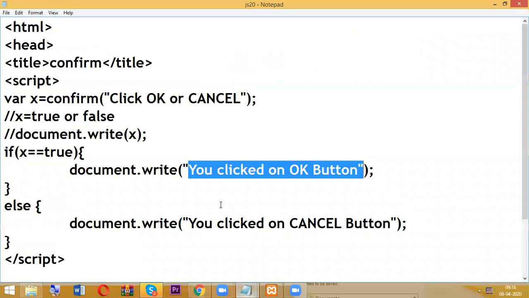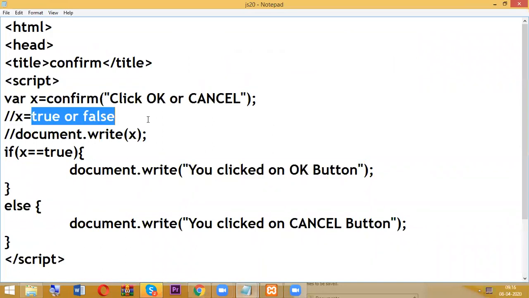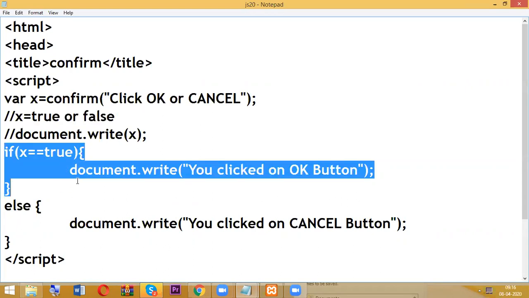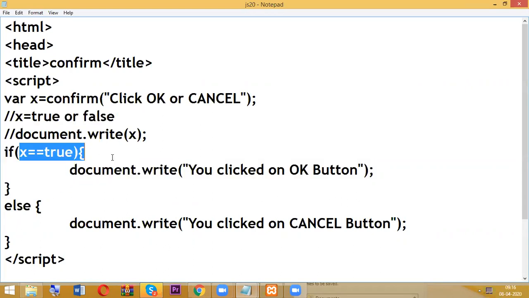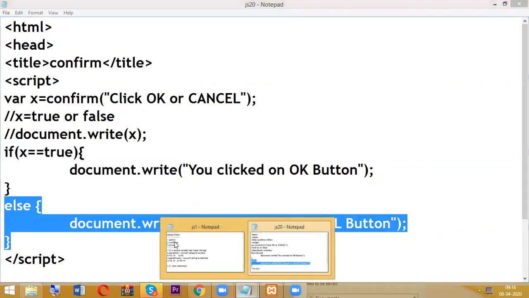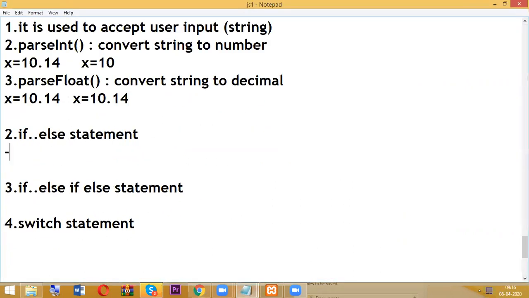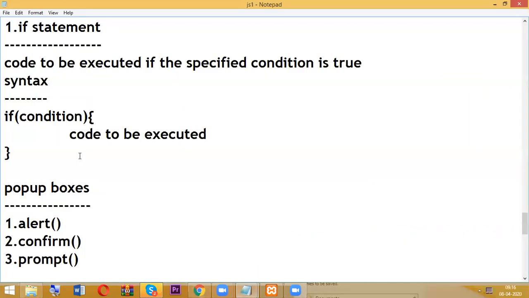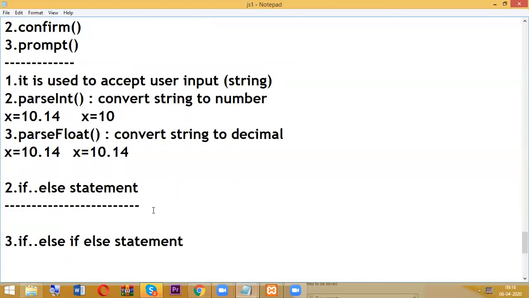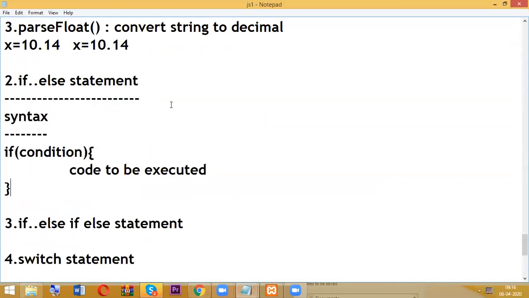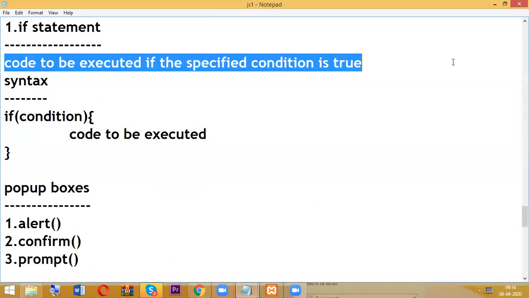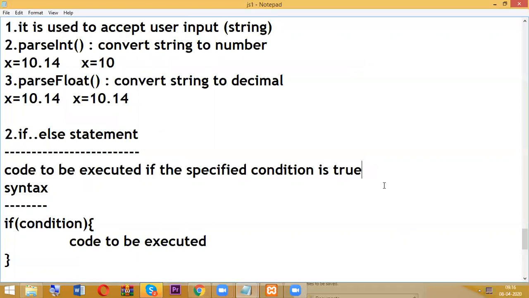So we are recognizing the button click based on what? True or false. If this condition is true, it will execute this one. If the condition is false, it comes here. Regarding if else, almost the same syntax, but the difference is the code to be executed if the specified condition is true or false.